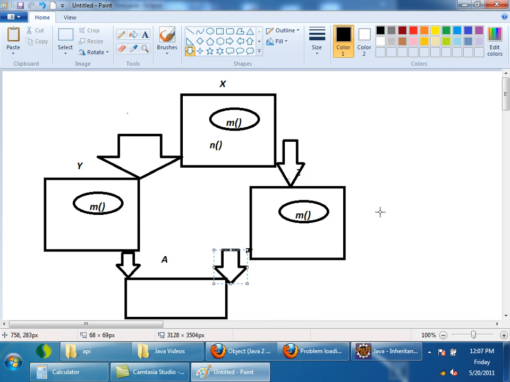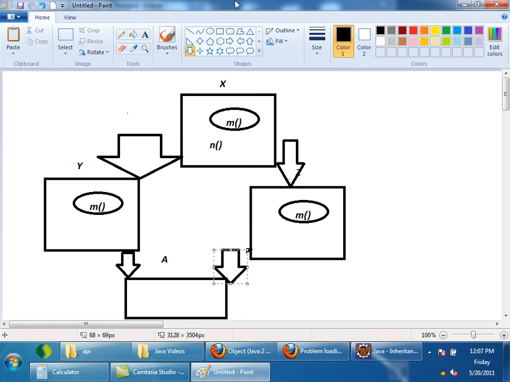And when A is implementing both, the same signature is coming, no implementation, right? When the signature is the same, there is no problem at all. So multiple inheritance of classes is not supported because two definitions of m will come here. But multiple inheritance of interfaces is supported because when you are inheriting interfaces, only declarations are coming, not definitions, right?